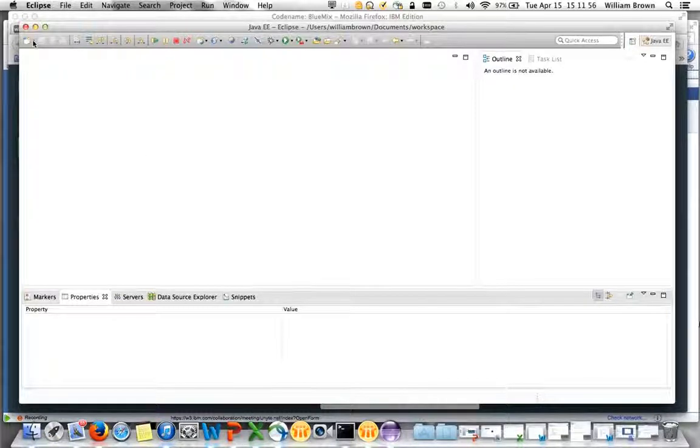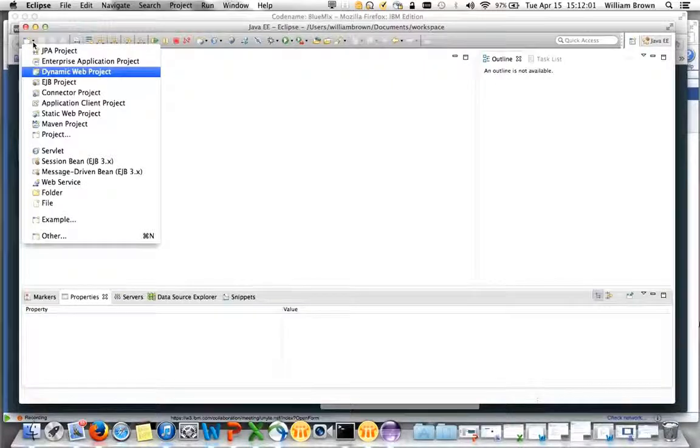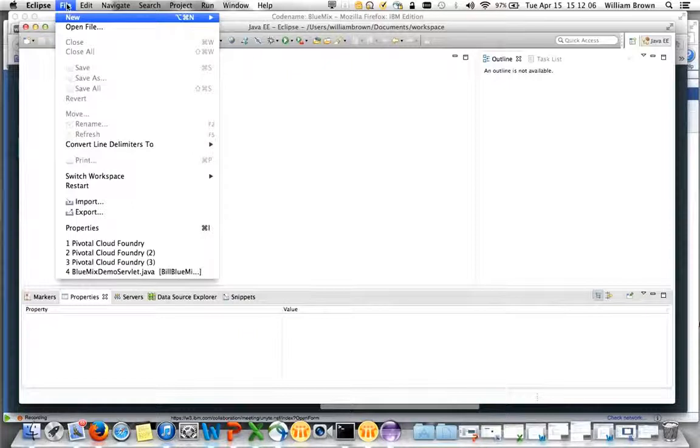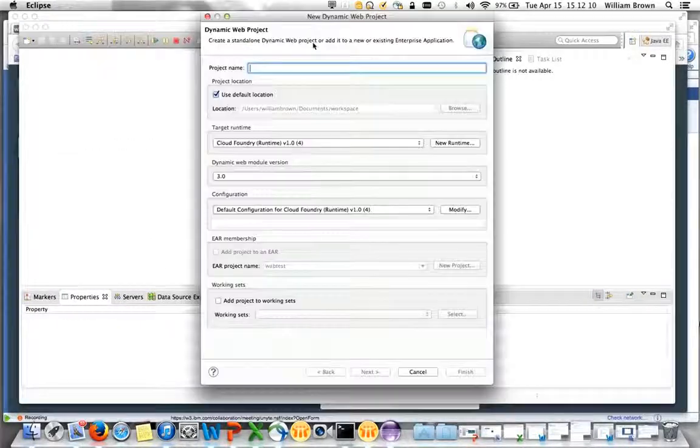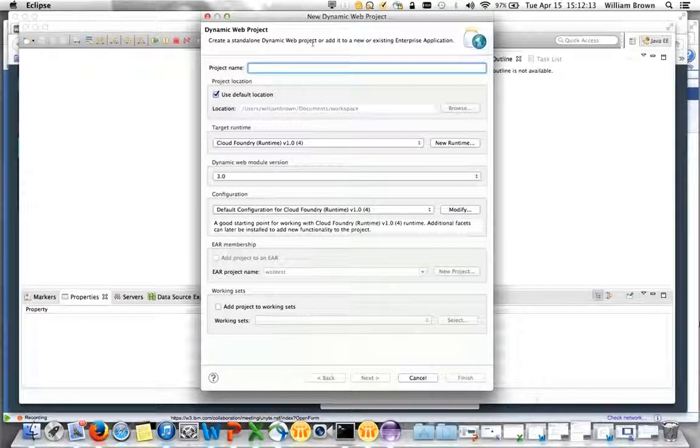We do that by clicking on, well, there's 2 ways to do that. We can click on this drop down here and select Dynamic Web Project, or we can select File, New, and Dynamic Web Project. So when I do that, it pops open the dialog that you see on your screen. So I'm going to give this project a name. As we've said before, we want to make that name unique, so you should put your initials in the beginning of the name of the project, followed by